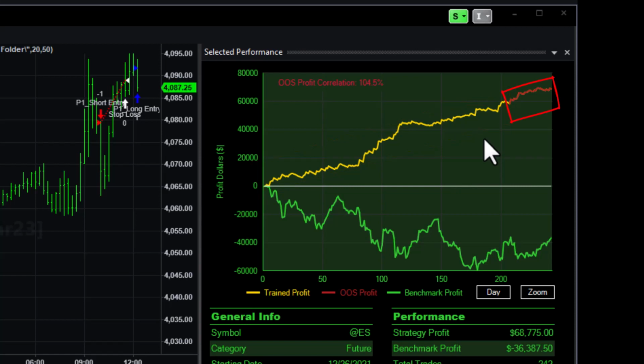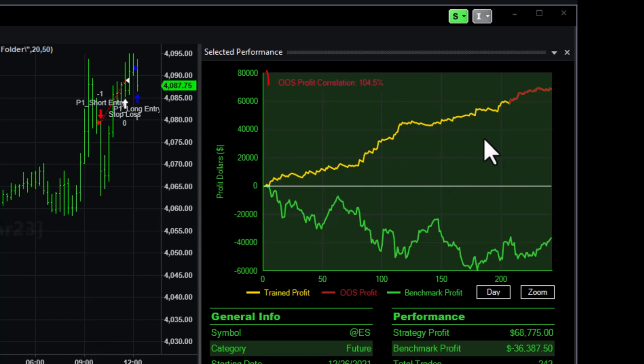In this case, we selected to use 15% of the overall data, or actually not using 15% of the overall data to create our results. And the reason we do this is to try to avoid curve fitting, or in other words, creating a strategy that only works on the particular data set. Having an out-of-sample comparison gives us greater confidence that the strategy that we're developing will work